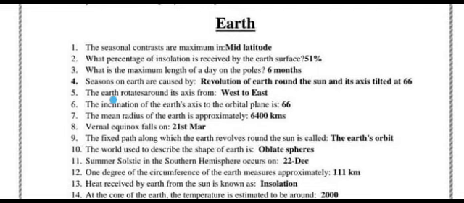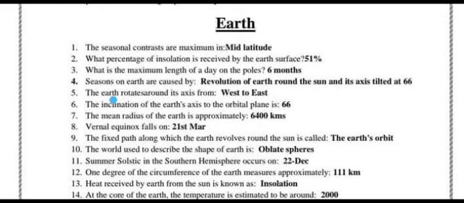Number one is the seasonal contrast and maximum in mid latitude. What percentage of insolation is received by the Earth's surface? 51%. What is the maximum length of a day on the poles? 6 months. Seasons on Earth are caused by revolution of Earth around the Sun and its axis tilted at